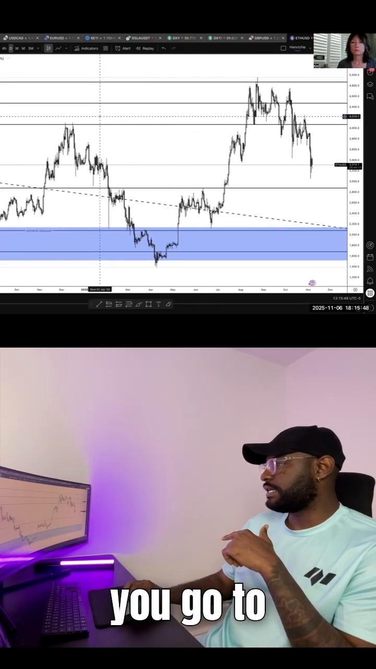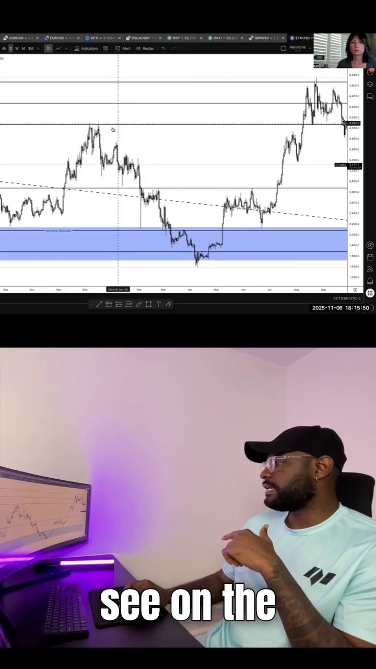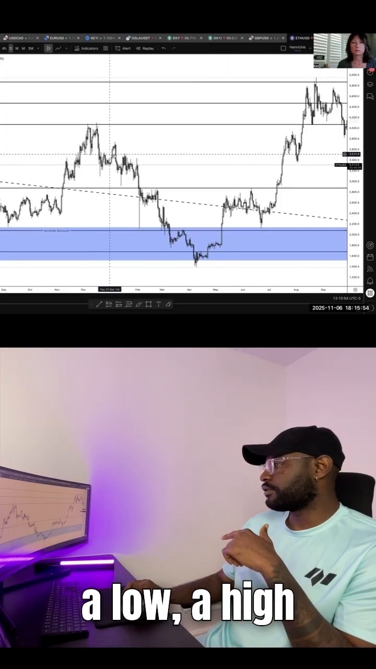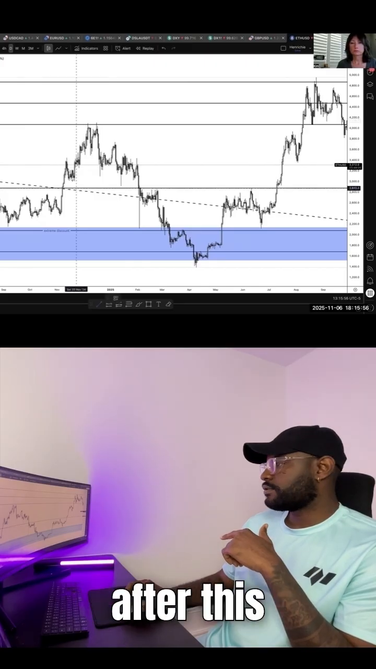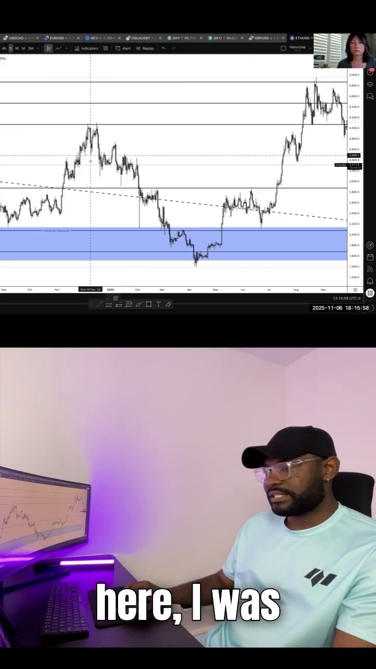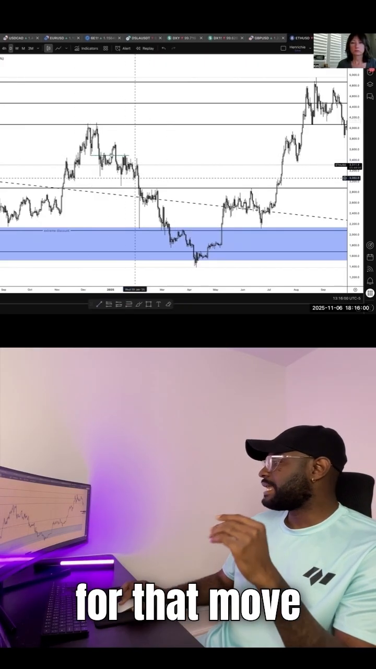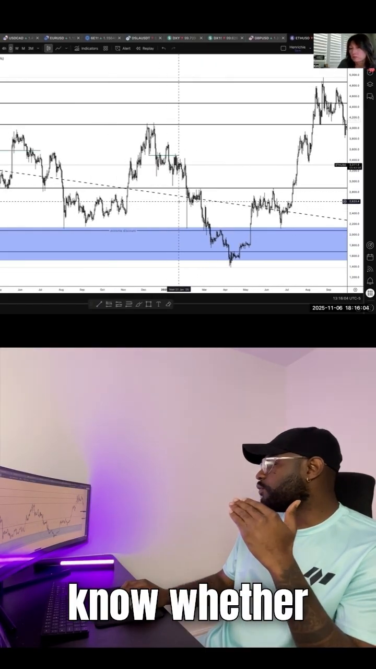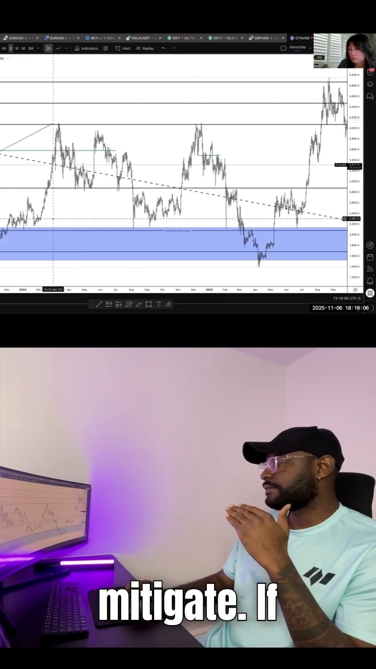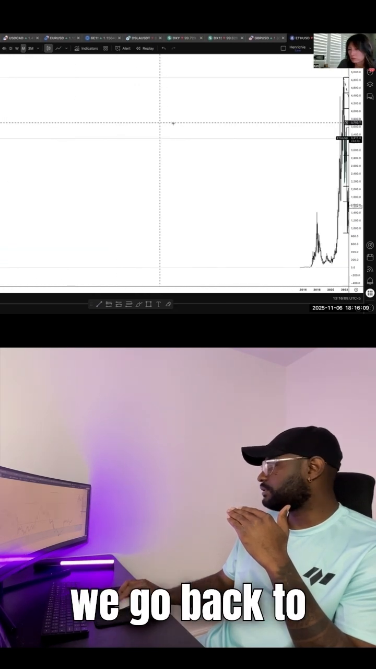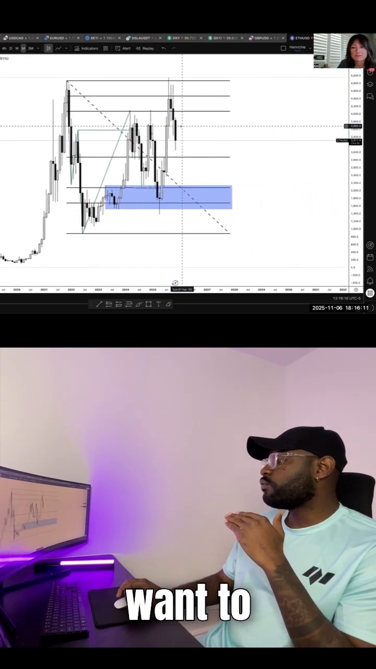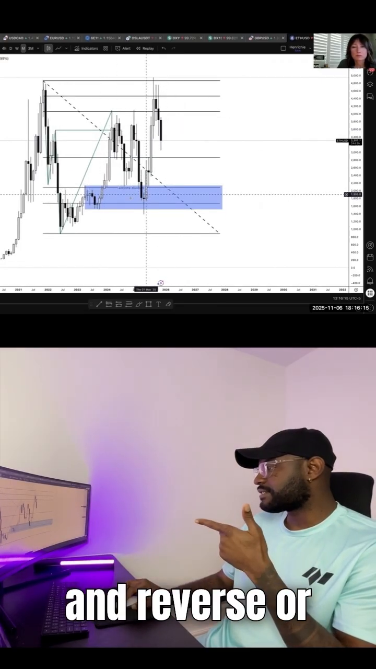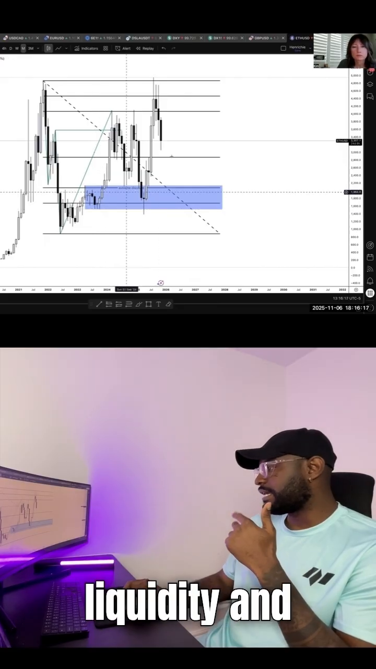If you go to daily, you can see on the daily right here, a high, a low, a high, drop down, broke structure. So after this break of structure here, I was now anticipating that move to the downside into this position. Now, I didn't know whether price was going to mitigate. If we go back to that monthly, I didn't want to predict and say price was going to mitigate the inefficiency and reverse,